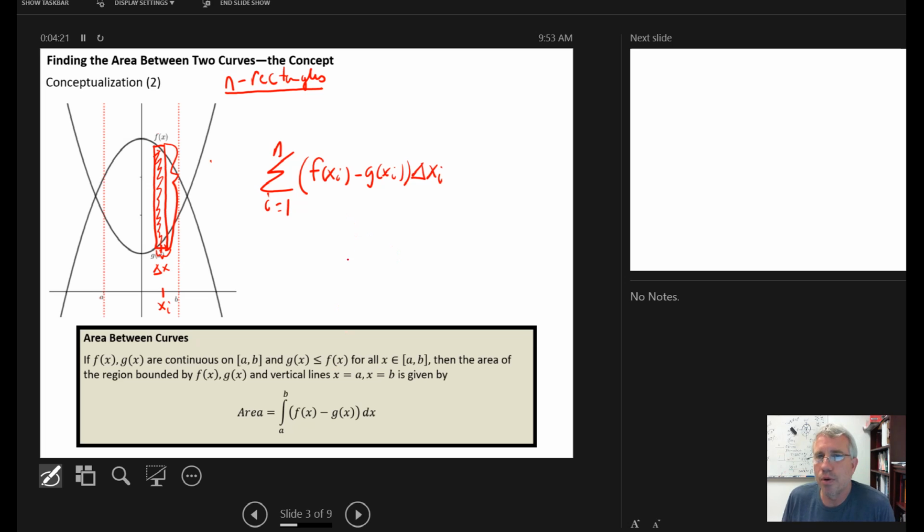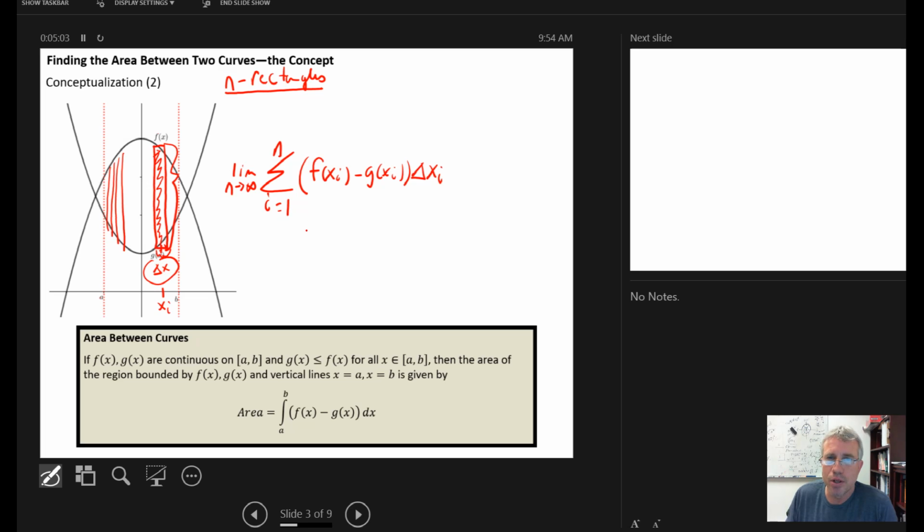And then you just play off of what we've done in calculus already, and you say, if I want the estimate to become the exact area under the curve, what would I need to do? Well, I would need to fill this region with infinitely many, infinitely thin rectangles. So I would need to take the limit of this estimation as the number of rectangles I was using to estimate it goes to infinity. So this fills the region with infinitely thin rectangles, and instead of the approximate region, we get the exact region. And then based on what we've already done, we know that once we take the limit as n goes to infinity,